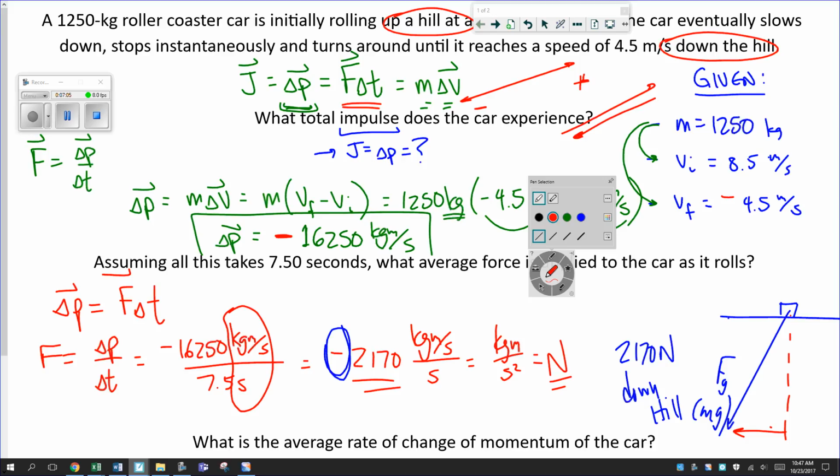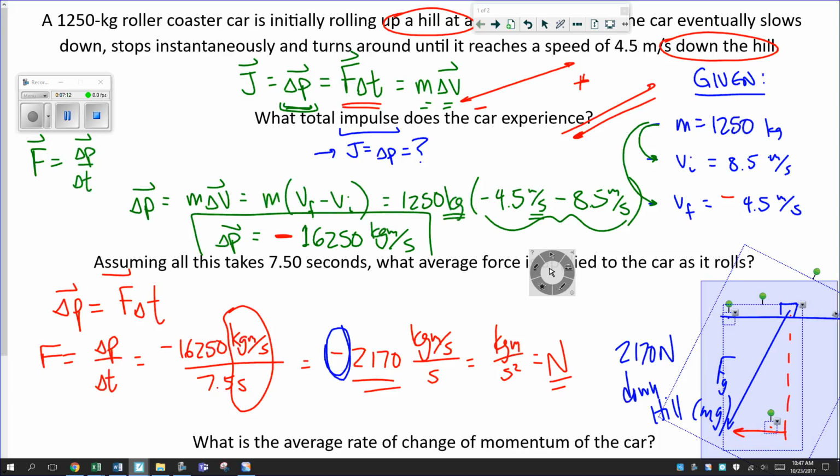Now, notice it's not the entire gravitational force that points down the hill. What's really happening is that